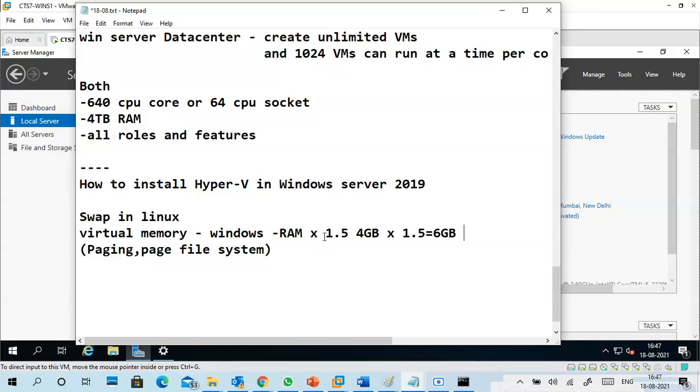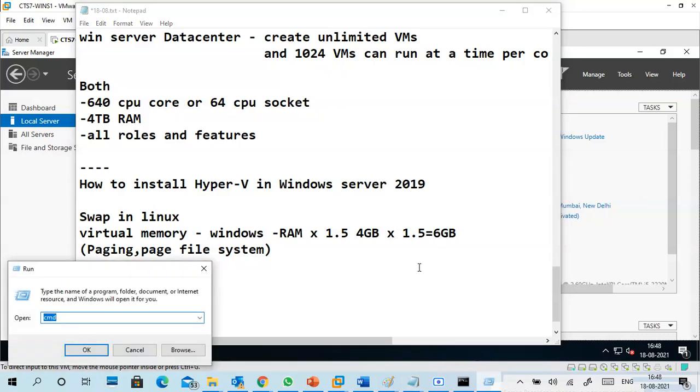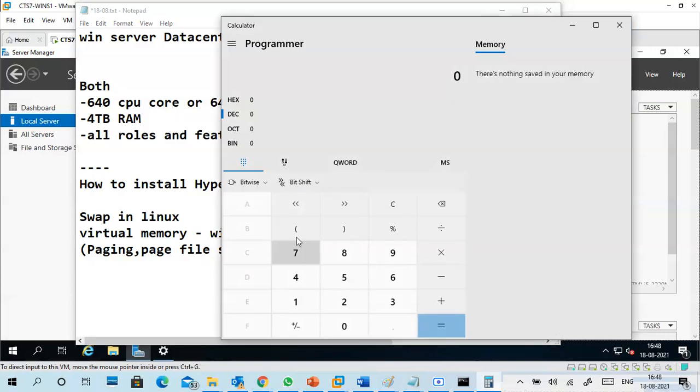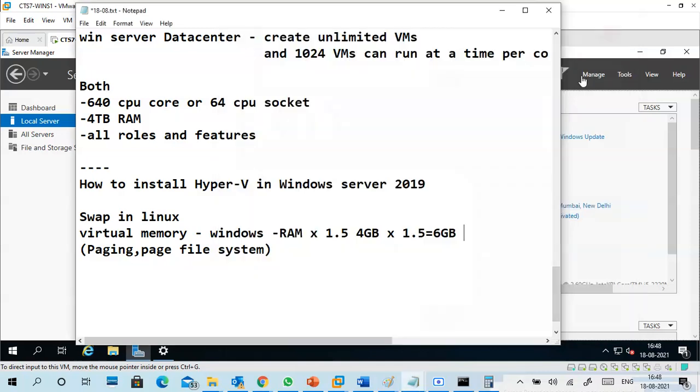You have to convert 6 into 1024, so go to the calculator. 6 into 1024 equals 6144 MB.